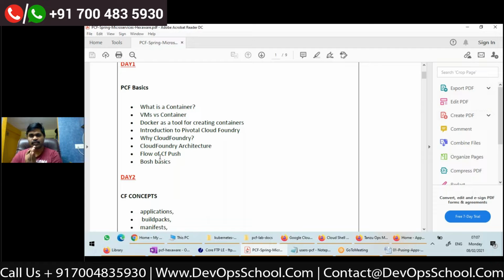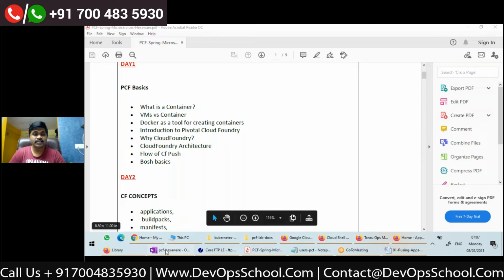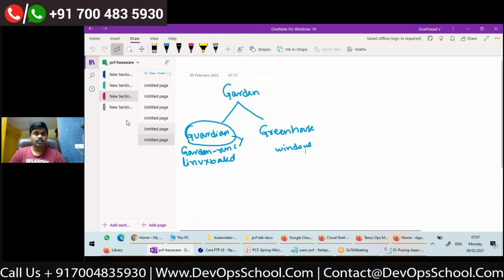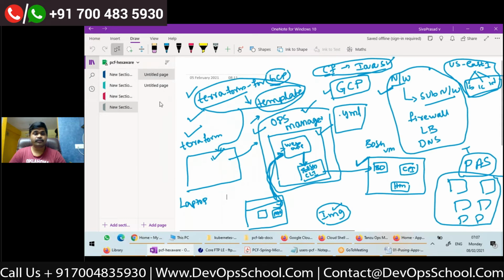We understood this clearly in the last session, and from there I'll start for today. Once installation of Cloud Foundry is done, we don't want Cloud Foundry to be installed for each and every project in your organization.